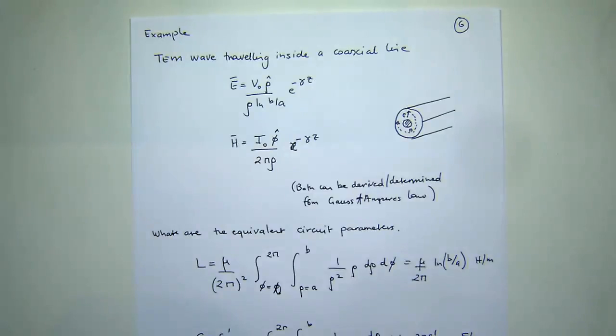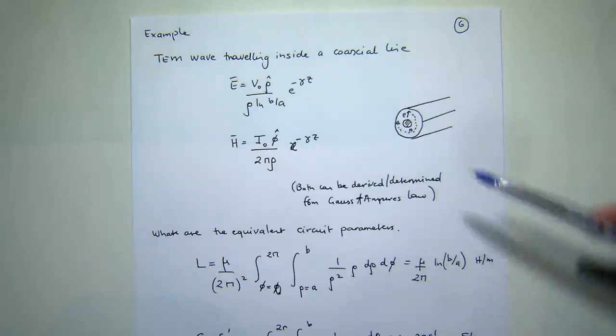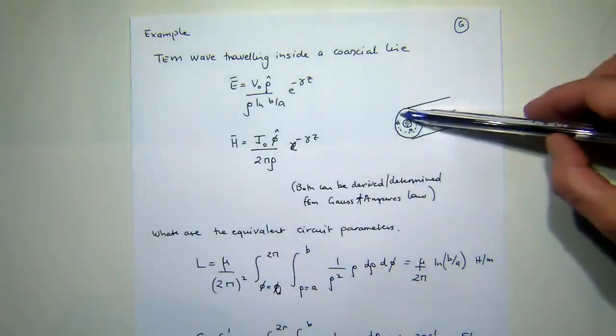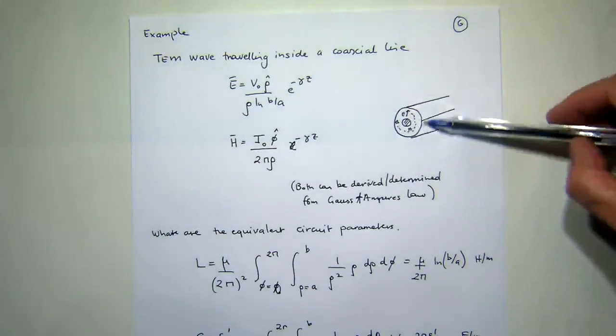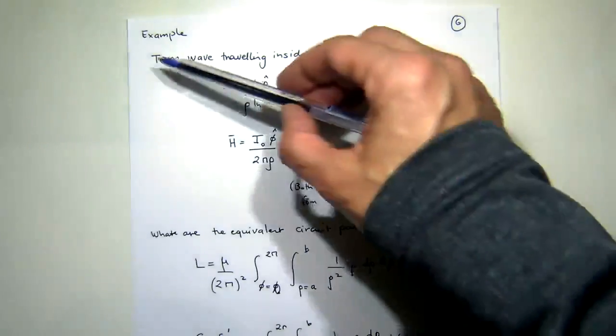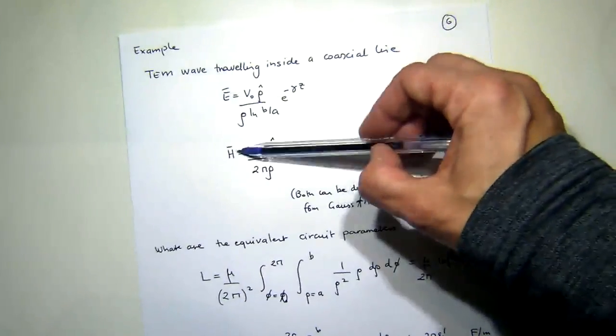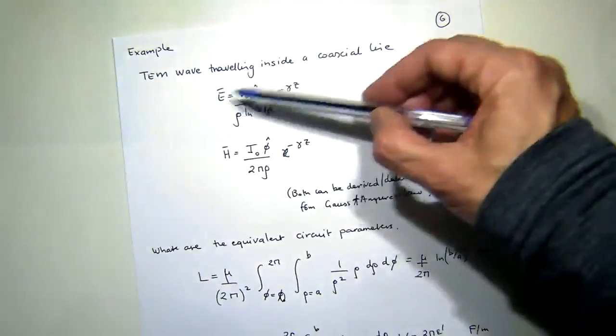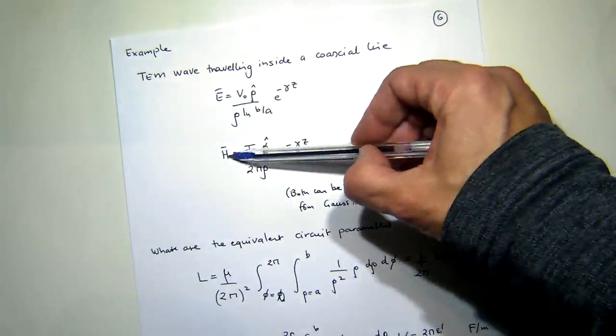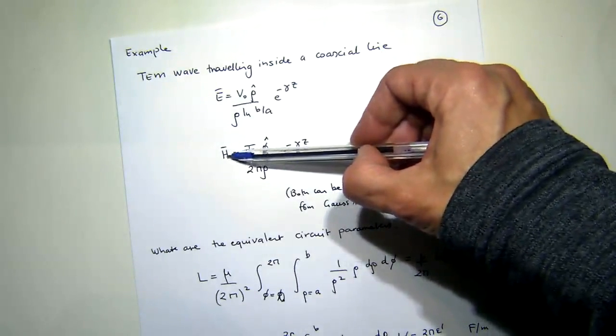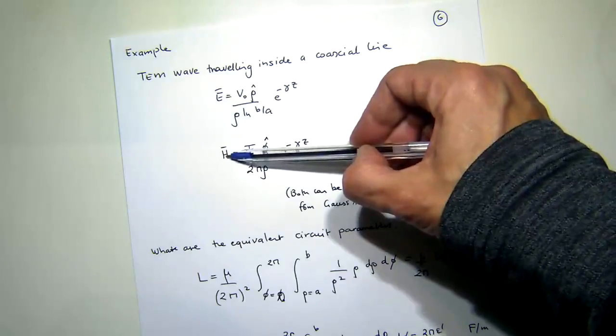Here I'm assuming an infinitely long coaxial cable without any reflections, and because of that, the predominant mode of power transfer is something called a transverse electromagnetic wave. That also tells us that the E and the H fields are perpendicular to each other, which, if you really think about it, makes a lot of